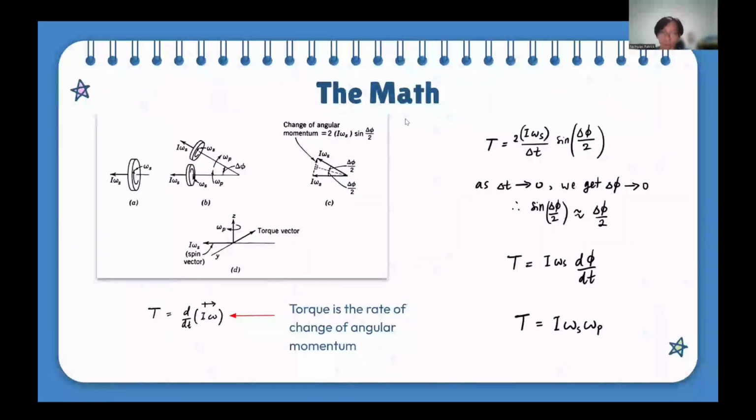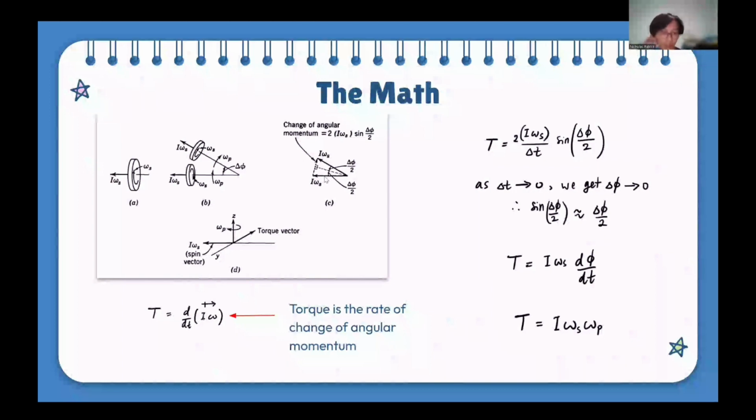Okay, now we go on to the math. Basically, as seen before, an object has an angular speed of, let's say, omega s, and then it precesses with a speed of omega p because of a torque. Now, how do we know how much torque is generated by omega s and omega p, with omega s being the angular speed of the spin and omega p being the angular speed of the precession? We can use this